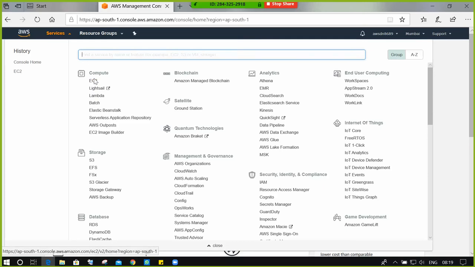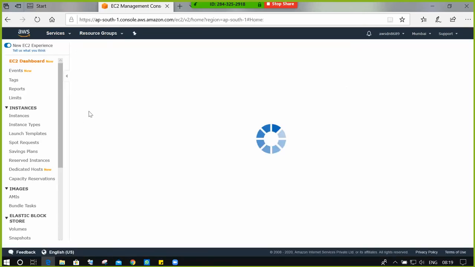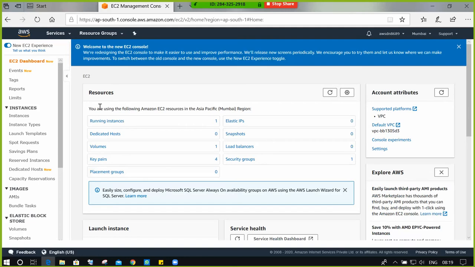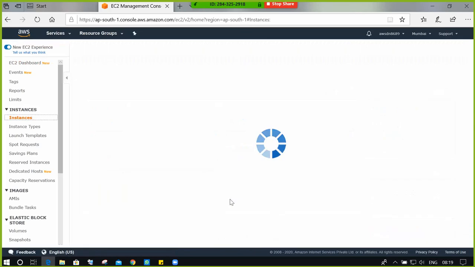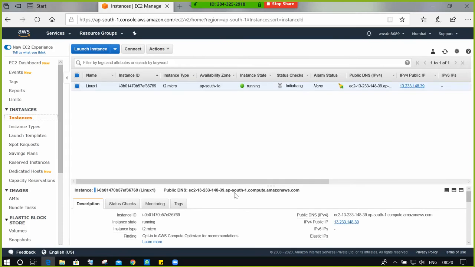Click on services, go to EC2 once again, and click on instances. Now the instance is running.